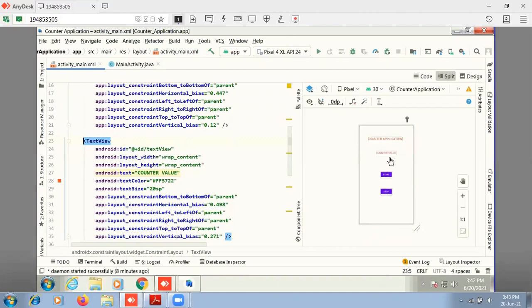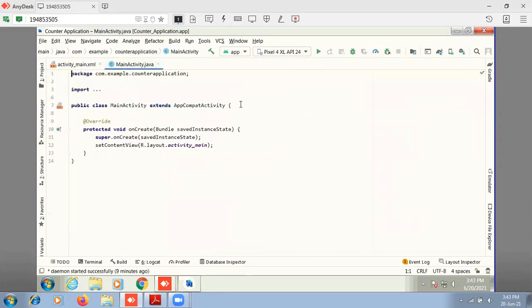When we look into this UI design, we have to map the reference IDs that are required in Java. For this text view, for the first time, we are relating the Java code with respect to some text view. Why? Because every time the counter has to get incremented and it has to be printed. In this, instead of counter value, it will be incrementing and displaying in this place. So we require this in Java code, and with respect to these two buttons. So basically we will be using these three reference IDs. So creating them respectively in Java,